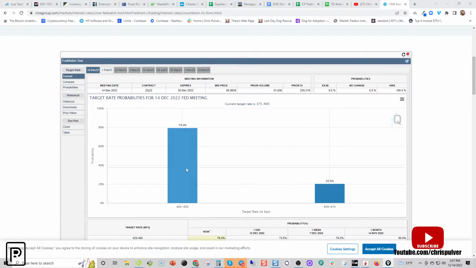And tomorrow we have the Swiss National Bank. They're expected to raise rates by 50 basis points, or another 0.5%. The Great British Pound, the Bank of England, expected to do the same thing. The ECB expected to do the same thing. So a lot of central banks kind of going on this last rate decision for the year at another 50 points. And going into next year, if we go to the February meeting for the Fed,